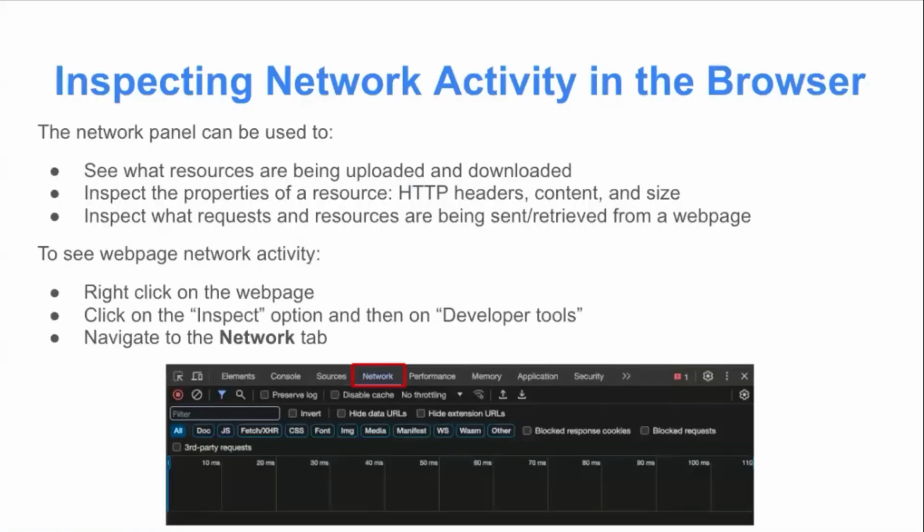Another important tool that can be used to understand API requests is the browser network panel. The network panel can be used to see what resources are being uploaded and downloaded. It can also be used to inspect the properties of a resource that was sent back by a server, for example, the HTTP headers, the content, and the size of a resource like an image. We could also use this panel to inspect what requests and resources are being sent and retrieved by a specific